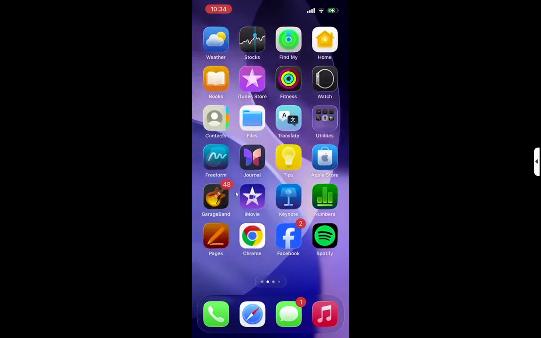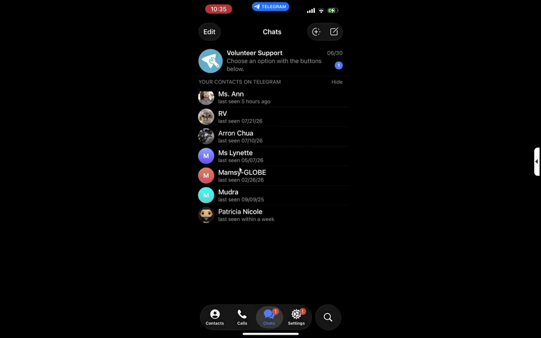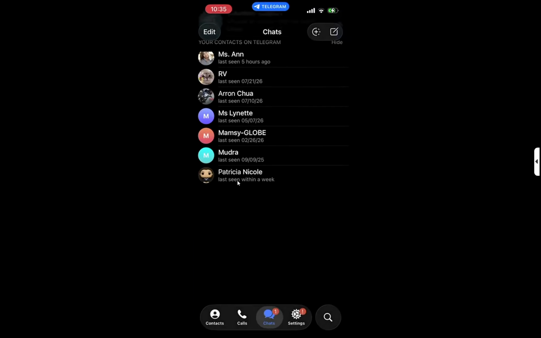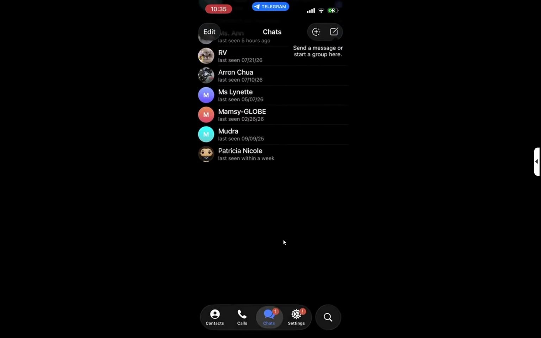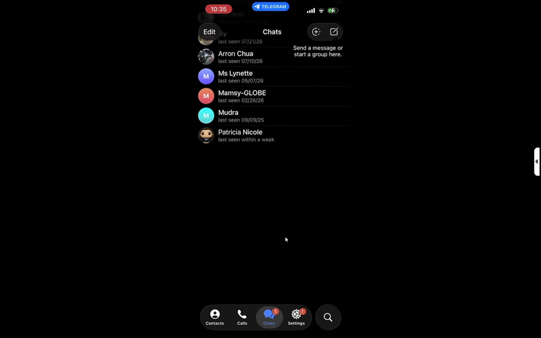Now let's get started with the steps to change your phone number. First, open the Telegram app on your device. You will see the familiar interface with chats listed on the main screen. This is where all your conversations live. Opening the app is the first step toward making any changes to your account. Take a moment to familiarize yourself with the layout if you are new to Telegram. You can find various options at the bottom of the screen, including chats, calls, and settings. Once you're in, you are ready to proceed to the next step.